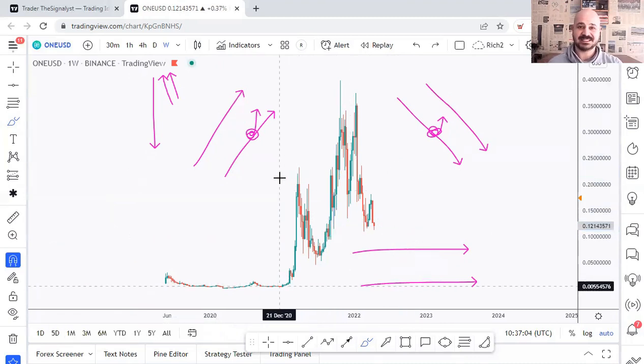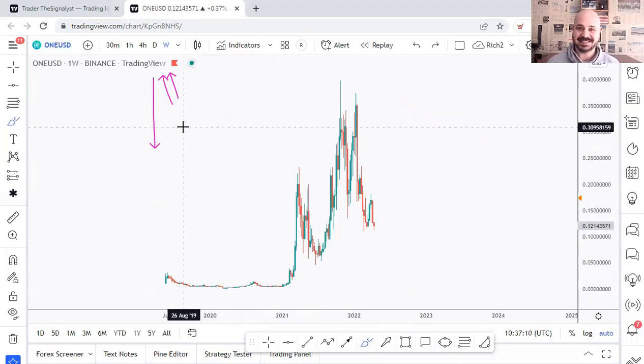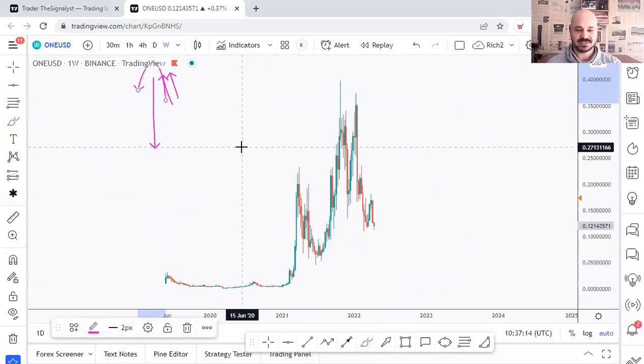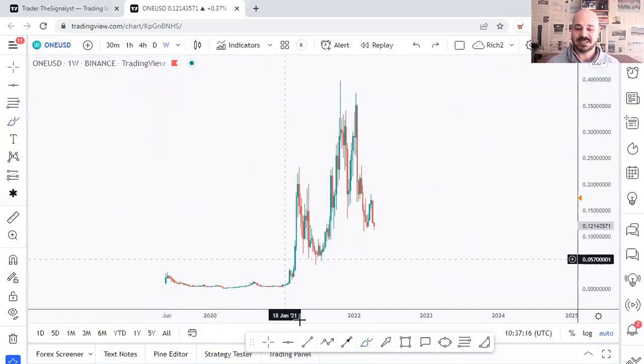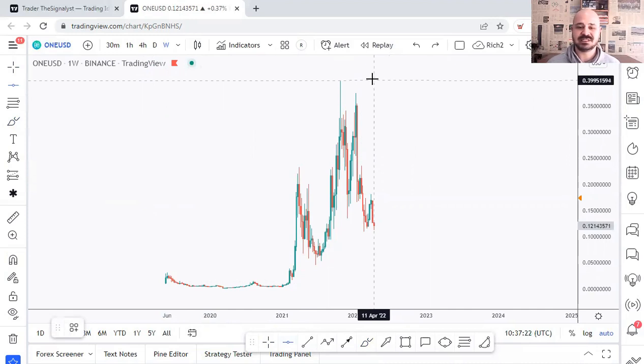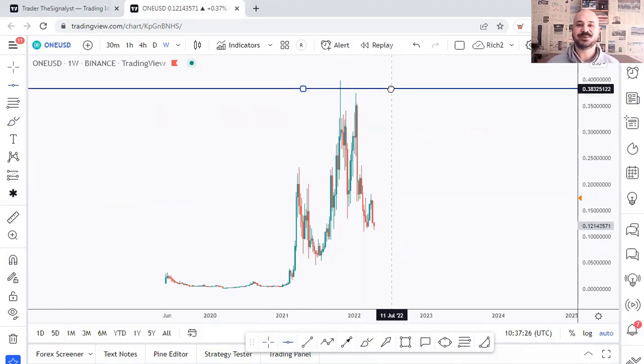So let's do just that and identify our three types of rejections, and then half of the work would be done from the daily and weekly time frame. Then we'll zoom into lower time frames to look for setups. So let's start with our weekly time frame, and let's start with support and resistance. The way to do it is very simple. You simply draw a random line on your chart and drag and drop it in a way to connect as